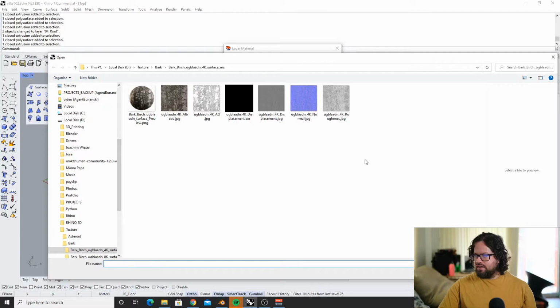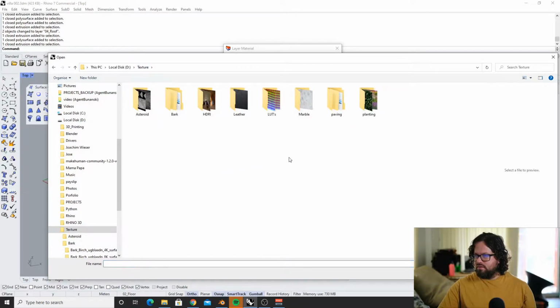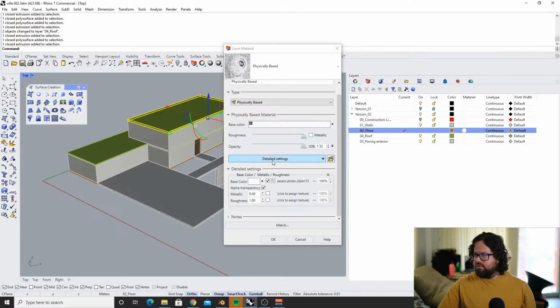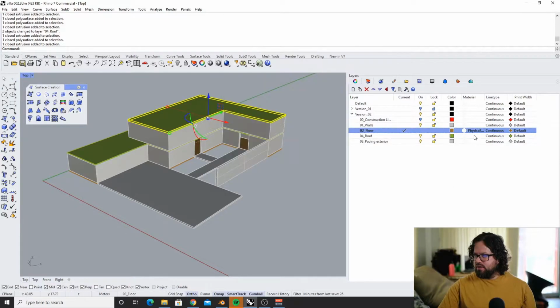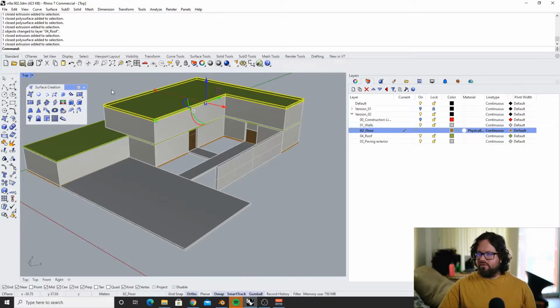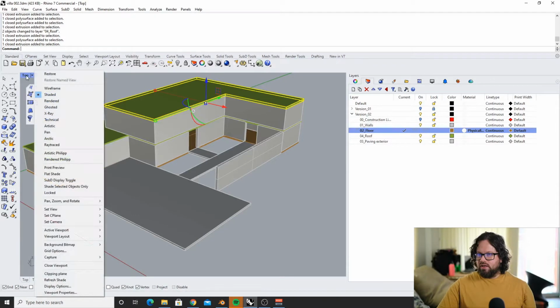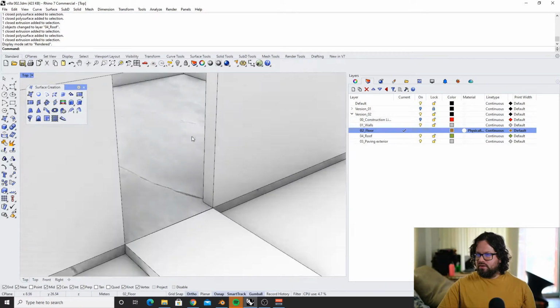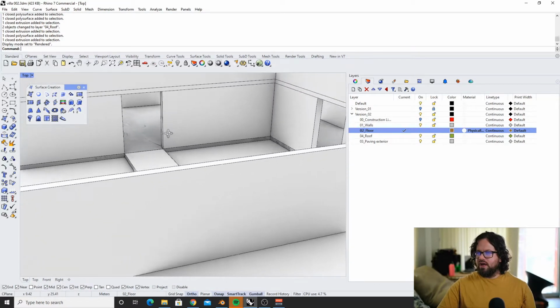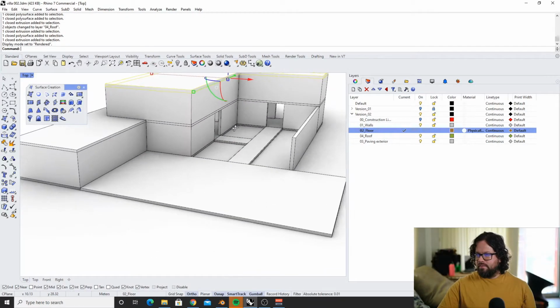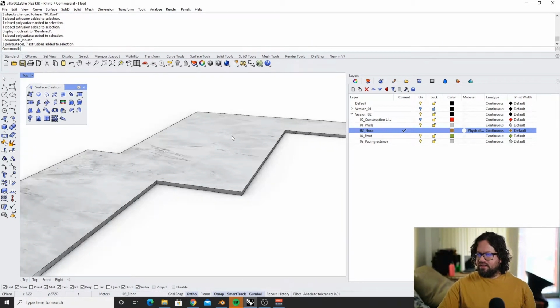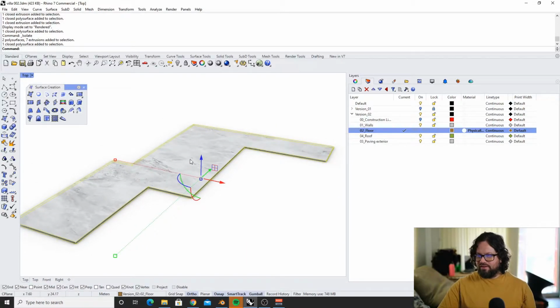So we can assign a texture. Let's find a very simple texture. Marble. There are some detail settings. We can look at that later. But now I gave it a certain material. Now if I go into my render viewport, I'm gonna see that this was already applied. That surface would be very expensive because it's like one big piece of marble. That doesn't work. But if we want to tile it or make it smaller, we can do that by